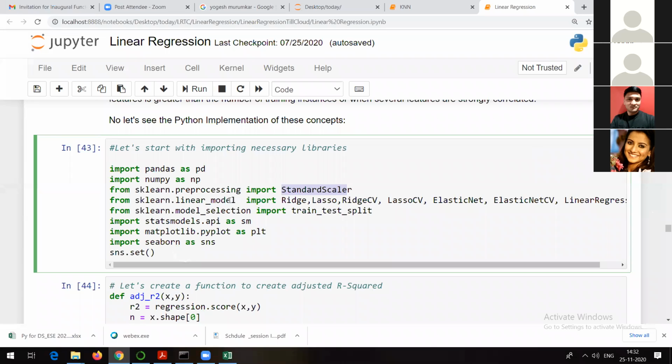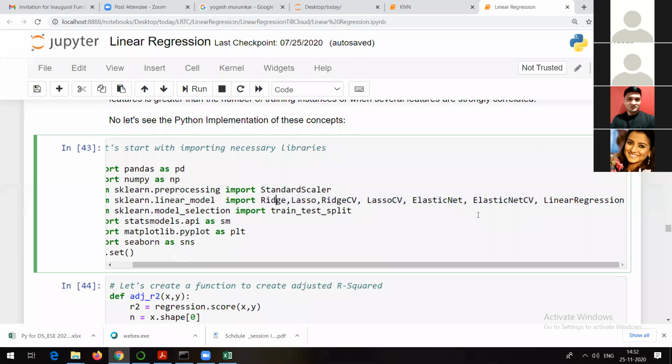Another thing is sklearn.linear_model. Right now, don't worry about RidgeCV and ElasticNetCV, the cross validation ones, because I did not discuss them. If you know them, that's good, but as we have limited time, I did not discuss these concepts here. What you should understand from this is that from sklearn.linear_model, we are going to import LinearRegression.